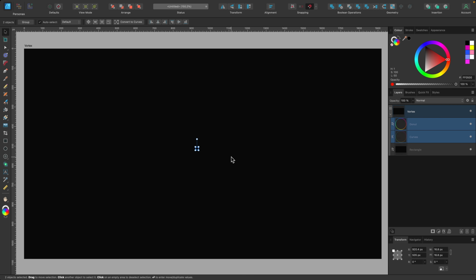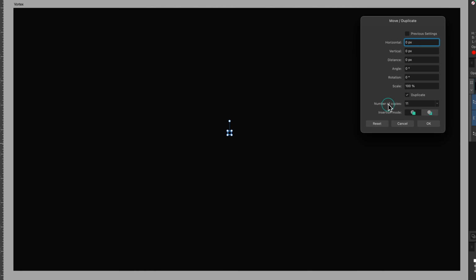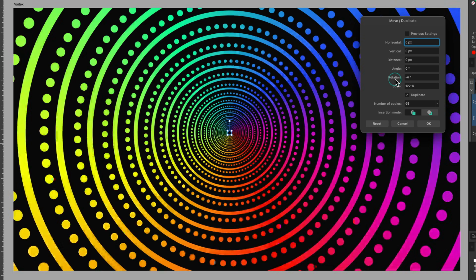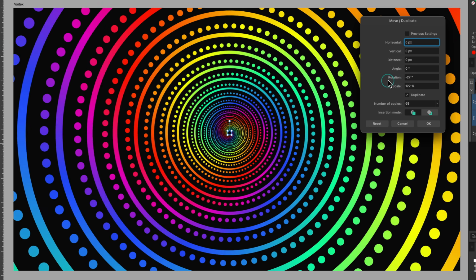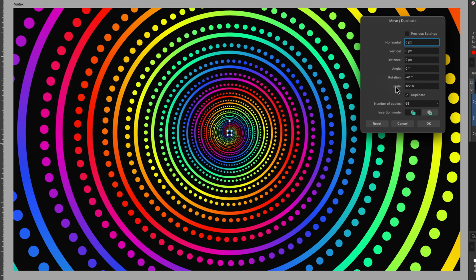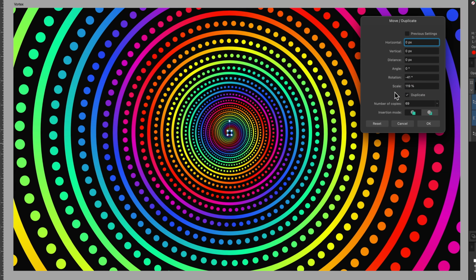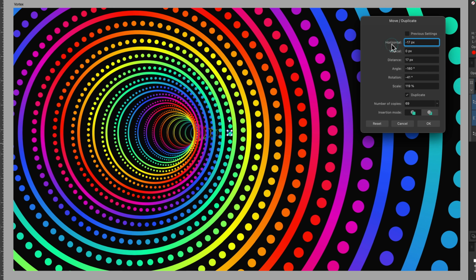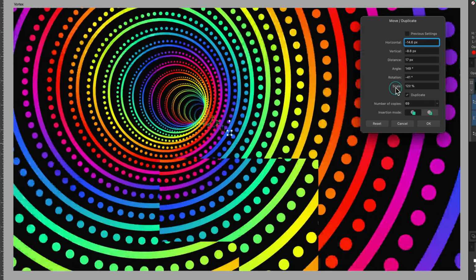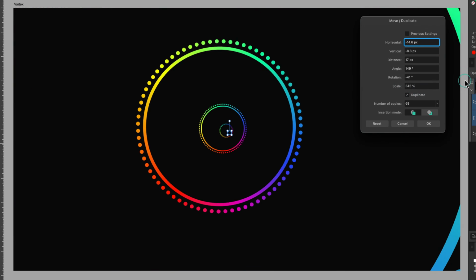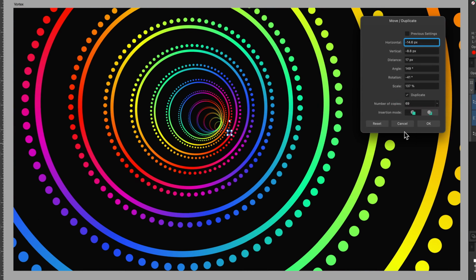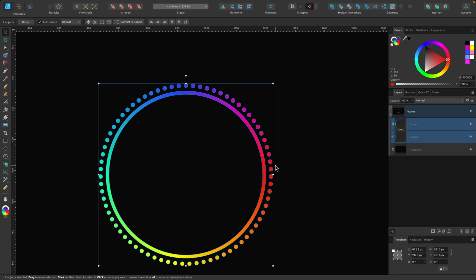So press return, click on duplicate, number of duplicates. Let's just whack it all the way up there, and we will click on scale. So I'll click on rotation, and you can kind of see a little swirl going on there. Now I'll just zoom in on the scale and zoom out, see what that looks like. And now let's play around with the horizontal. Get that wormhole going, just like we were before, going down the tunnel. Excellent. You see, you can keep adding to your shape and create something truly unique.